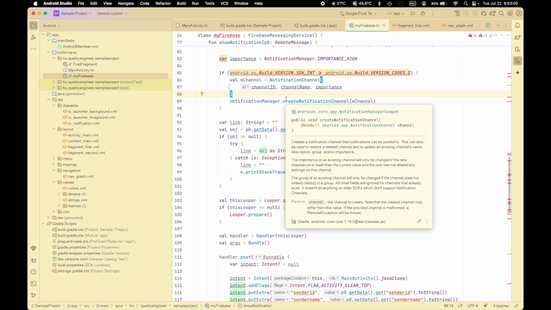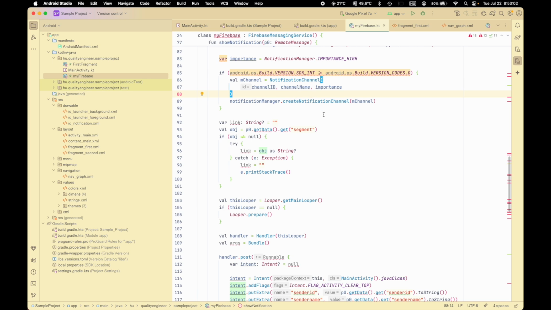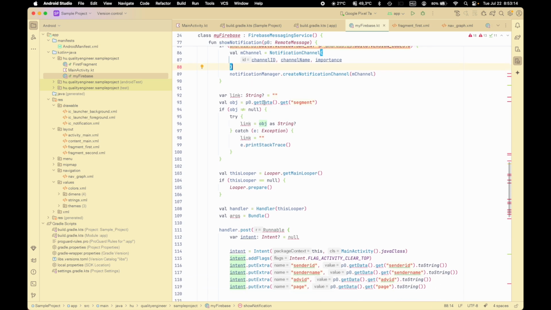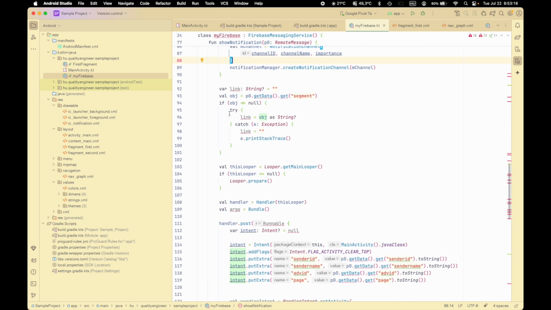In older versions you didn't have this notification channel individually, so there you don't need to create this, and the application should ignore these lines. And here, what I was using from another application is that you can also send data to the application,